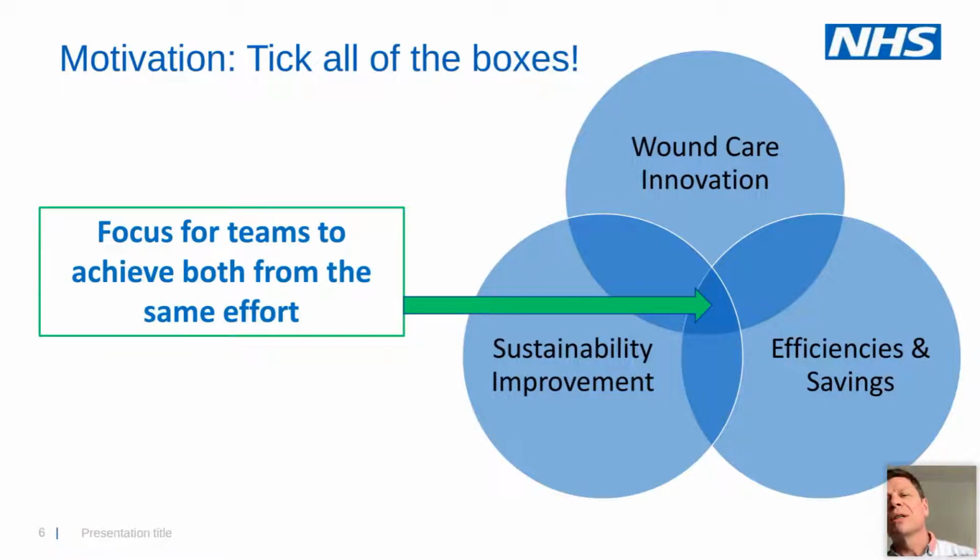So on motivation, one of the key things when you're trying to enact change on the front line in the health system is you need to get the cascade through national to regional to local system to frontline right, so that all of those individual actors, as they're called in behavioural science, act out the behaviour that you need them to enable the next part of the system to be given the opportunity to enact out their behaviour and so on. And one of the ways of doing that is known as tick all of the boxes, which is